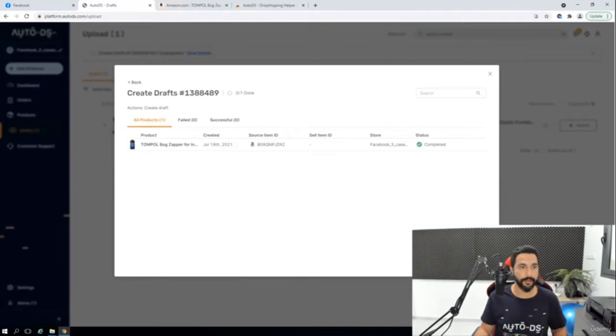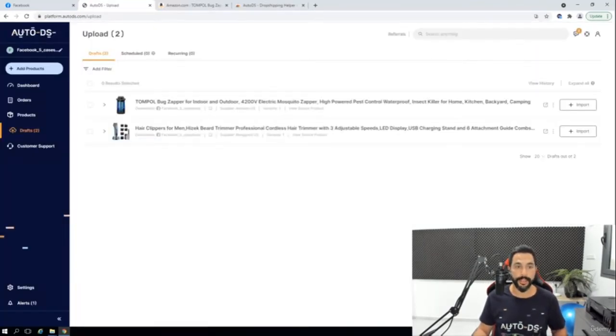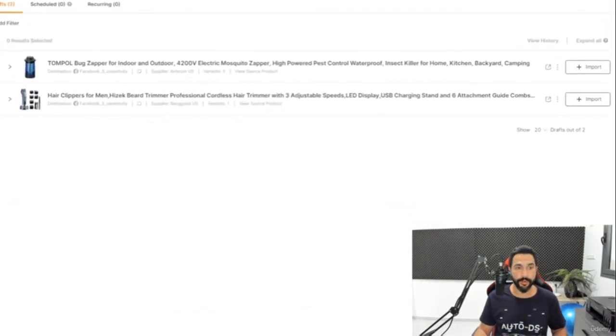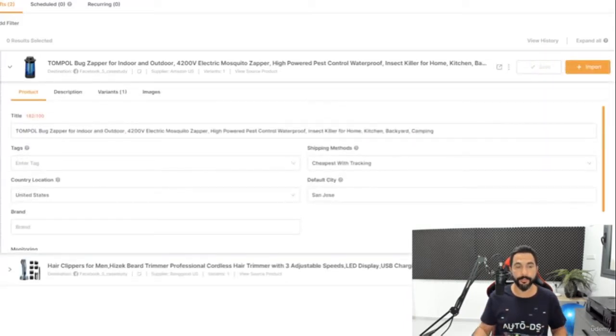So let's exit here and head over to the drafts page on AutoDS. So here we go. This is the bug zapper. And as you see, we are on the draft page right now. So what I'm going to do now is click on this arrow to open up the item editor. And here I'm going to start editing this product, start optimizing it so that it will look good on the